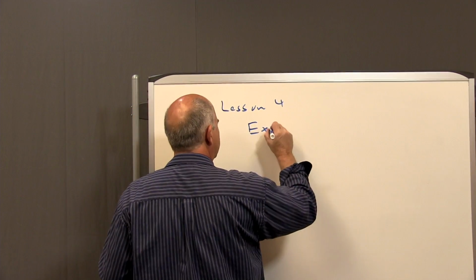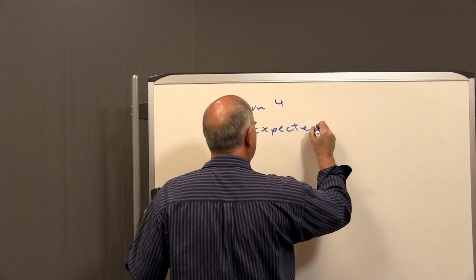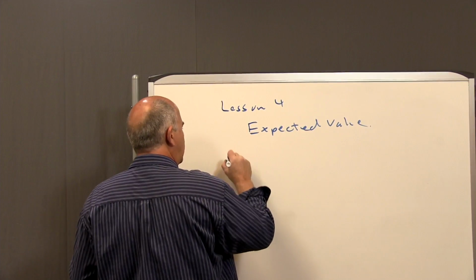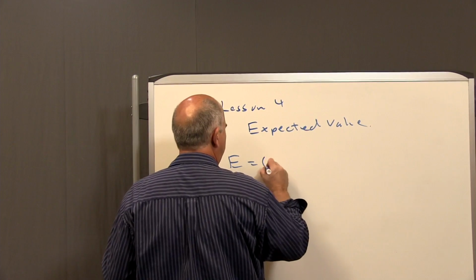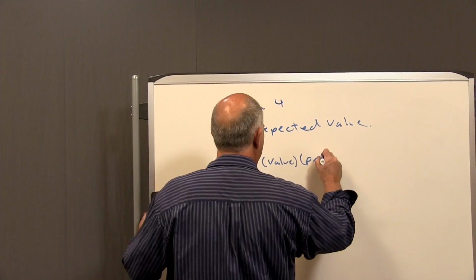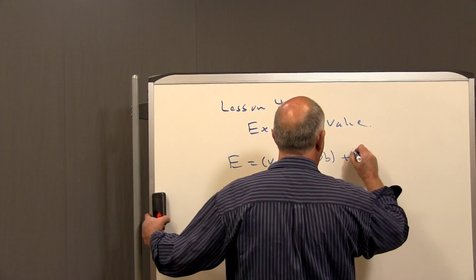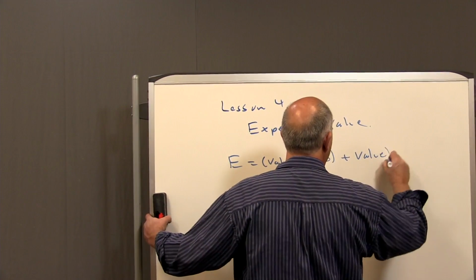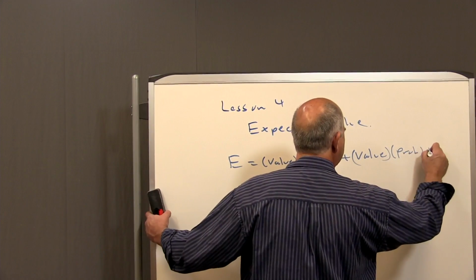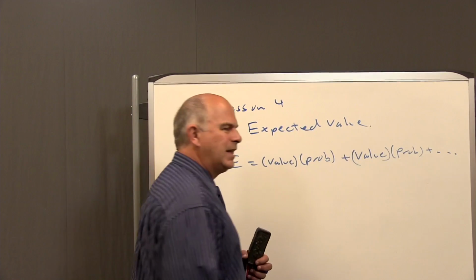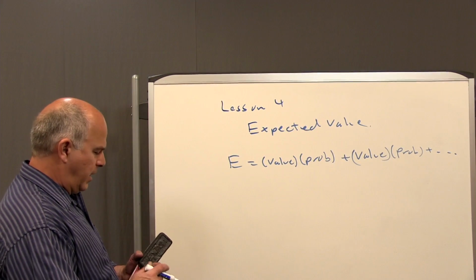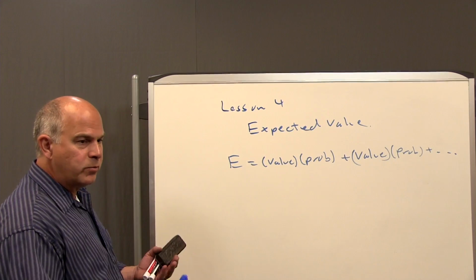On the other hand, lesson 4, expected value, right? E is equal to the value times the probability plus the value times the probability plus ... and you just keep going till you run out of values. And mostly I'm going to refer you back to